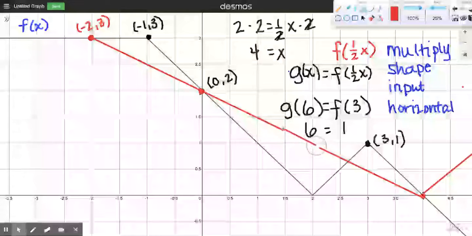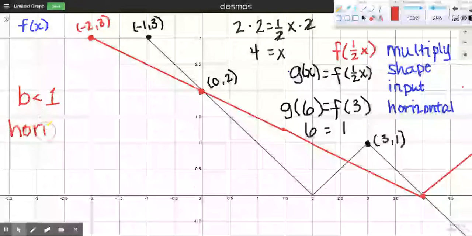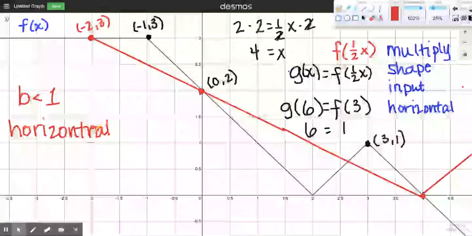So what's happening here is when b is 1/2, when b is less than 1, it actually causes a horizontal stretch. If you wanted a compression, you would actually pick a number that